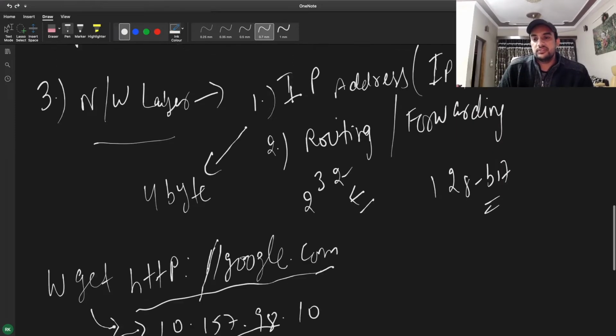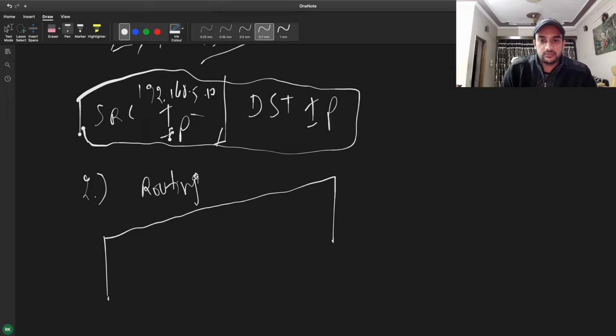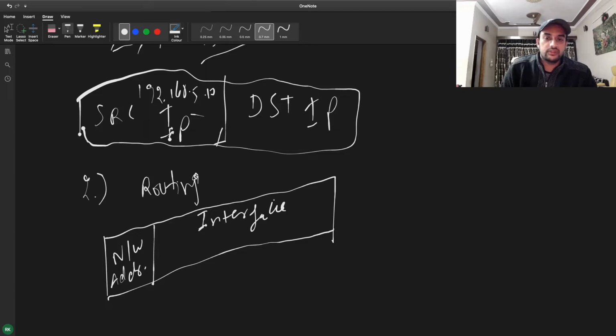Then we have this routing and forwarding thing. Routing and forwarding is involved at every device which receives the packet at its layer 3. In routing, there is one routing table and some routing algorithm involved. We will have one table entry like this: we receive the packet, we will have a network address, and then we will have a particular interface. There are a couple of flags also involved, based on which the routing decision is taken, but let's just focus on these two major fields in the routing table.